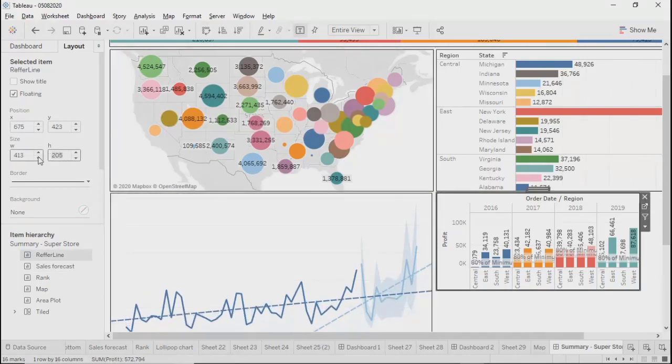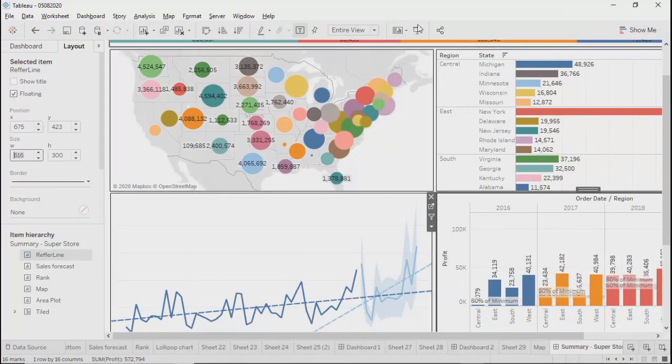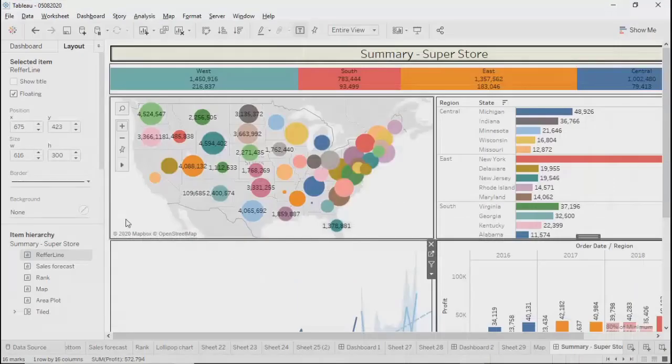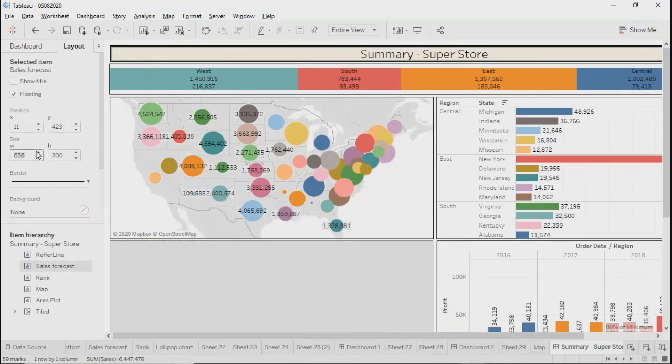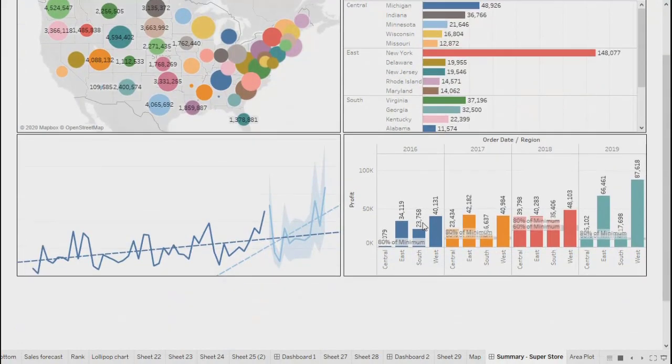Width for this is 616. We'll take this also as 616. Now if you see, these objects are aligned, right? Little bit different in this. It's 11, it's 12. So 11. Width of this is 658. So 658. Now it's fine.